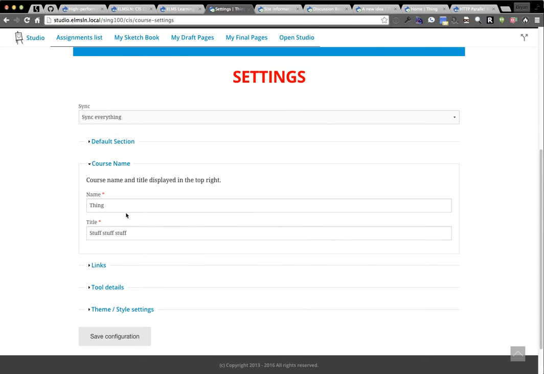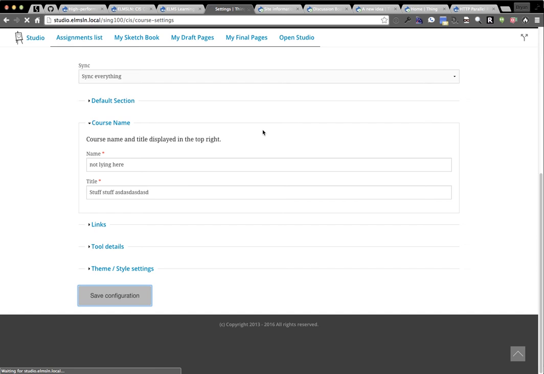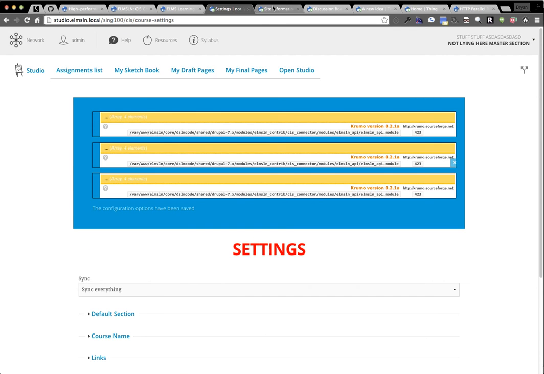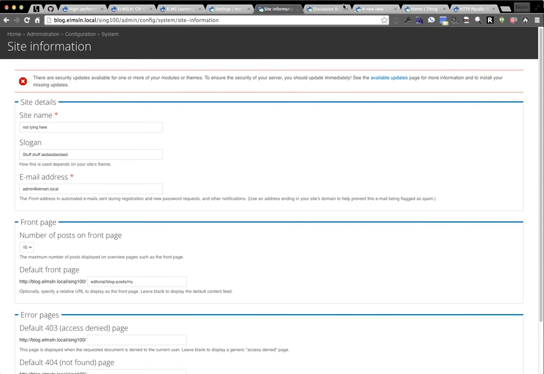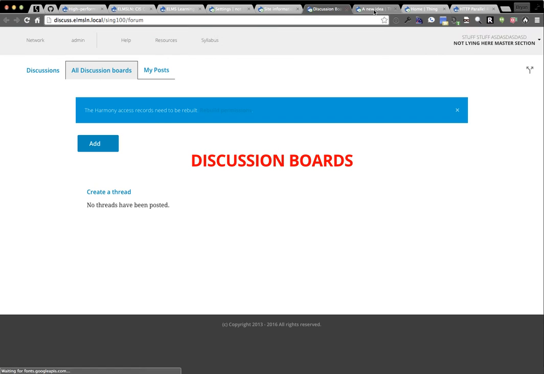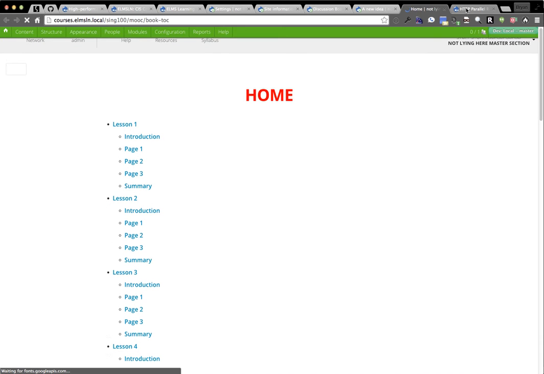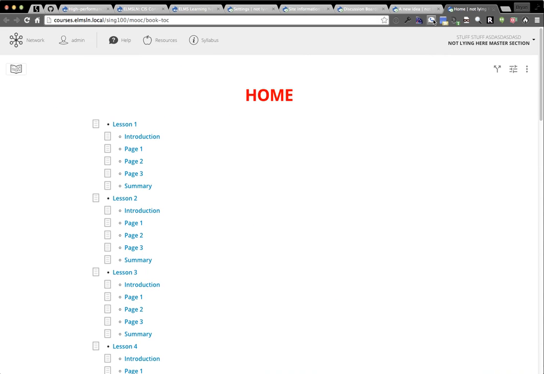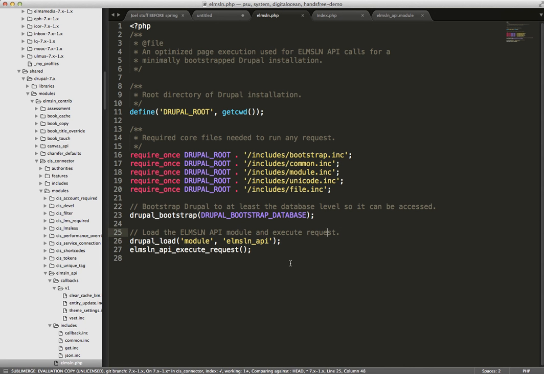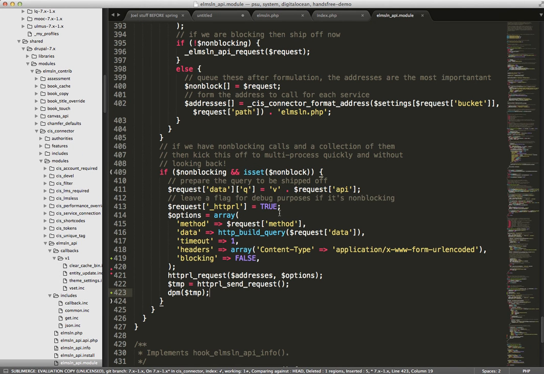To prove that this actually did something, I'm not lying here, right? So we'll save it in Studio. This is one database, and the change is darn near instantaneous across all the rest of them. It's able to do this because it's not bootstrapping a full copy of Drupal core. So what you can do with an approach like this is build your own very small menu system type of